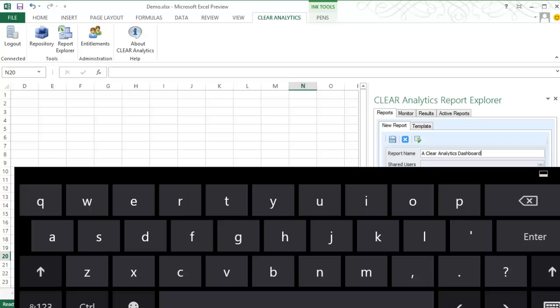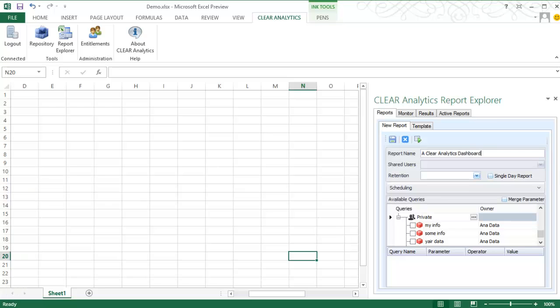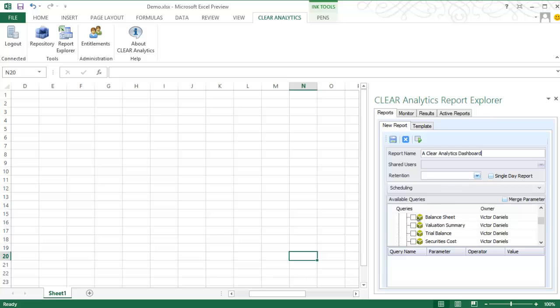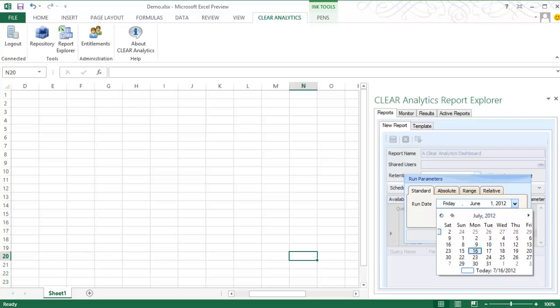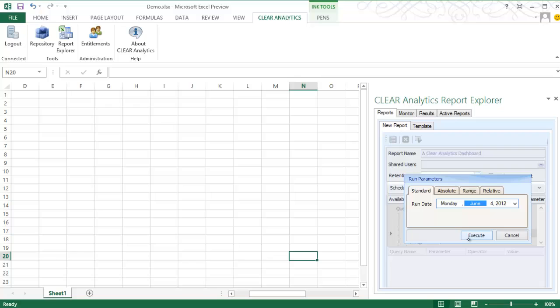I will give this report a name and then associate a few queries to include in this report. These queries can come from a number of different data sources, databases, clouds, internal API, even OLAP cubes. I'll show you how easy it is to create your own queries in a later video. I'll now proceed to select a date to run and kick off this report to submit to our report runner